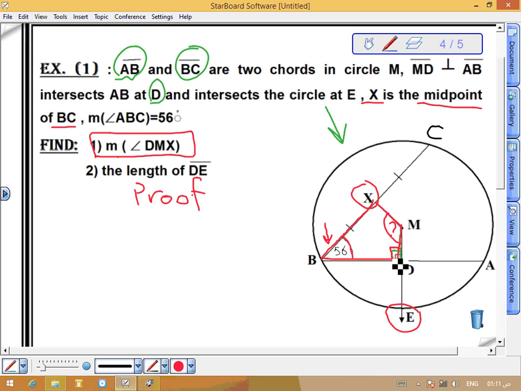We have that measure angle MDB equals 90. We must know the measure of angle X to find the last angle, which is the measure of angle M or DMX. So since X is midpoint of BC